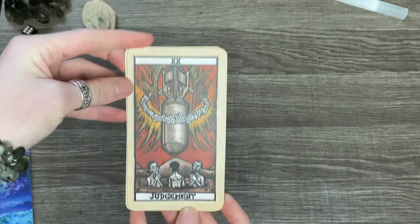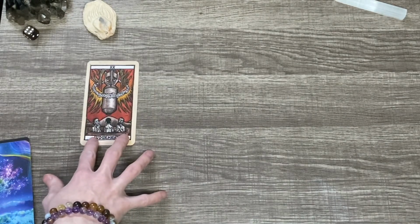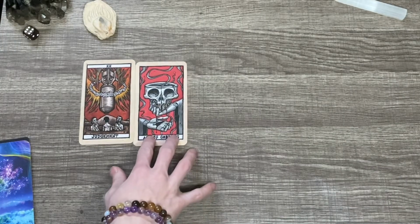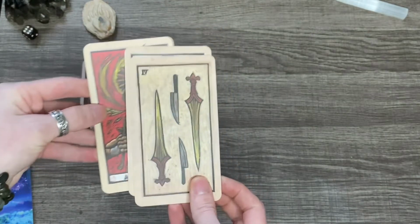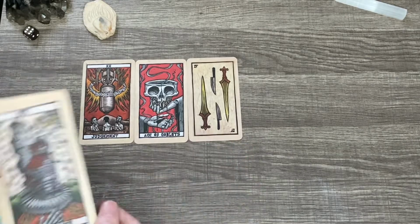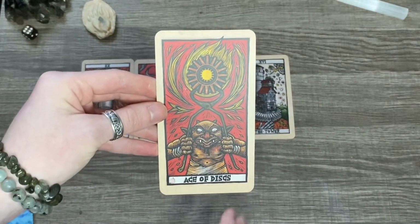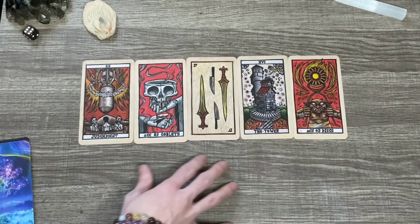So the first one we have is Judgment. Okay. Some of these cards are going to probably freak out people, but it's fine. We have the Ace of Goblets, or the Ace of Cups. We have the Four of Swords. If I can actually get these cards to let go. We have the Tower. And we have the Ace of Discs and the Ace of Pentacles. So, all of this...